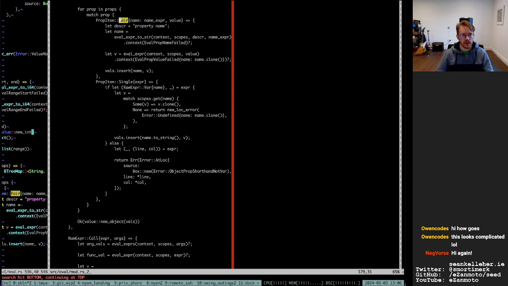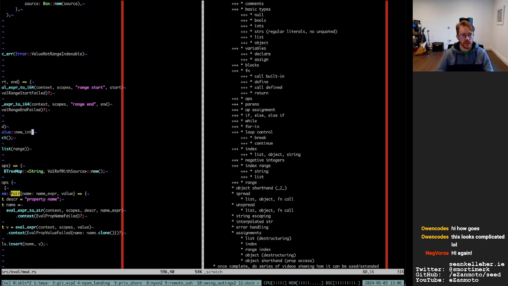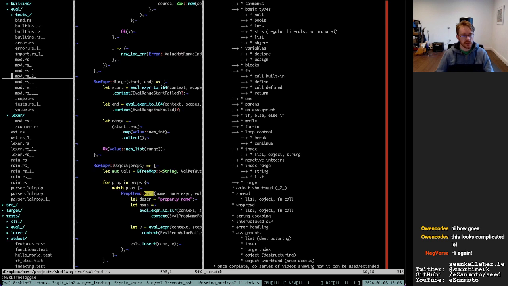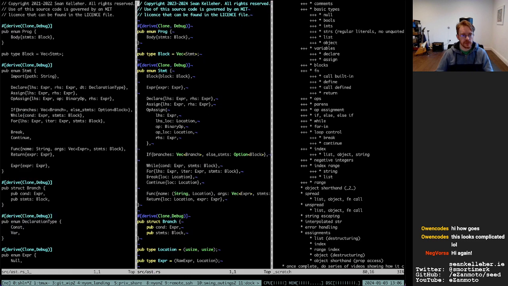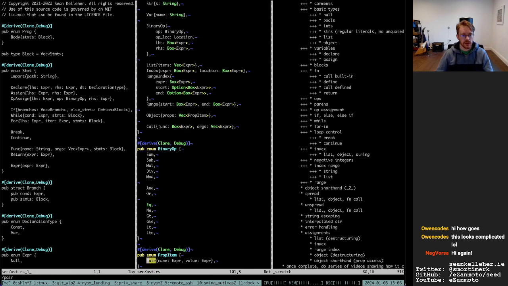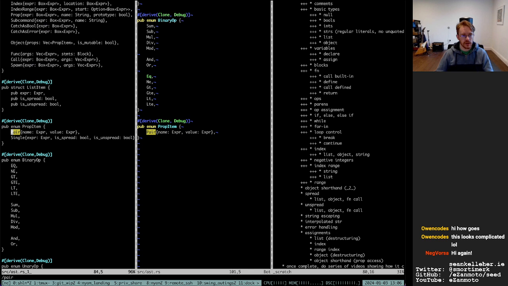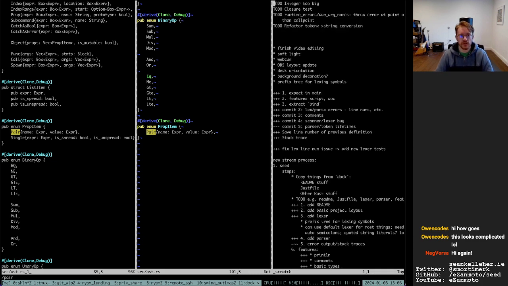Yes, so I had a special AST type for this. So prop items. So before I jump into that, well, I'll add it to the scratch file